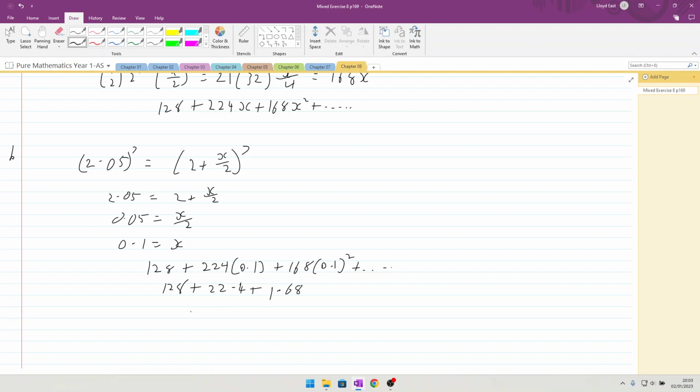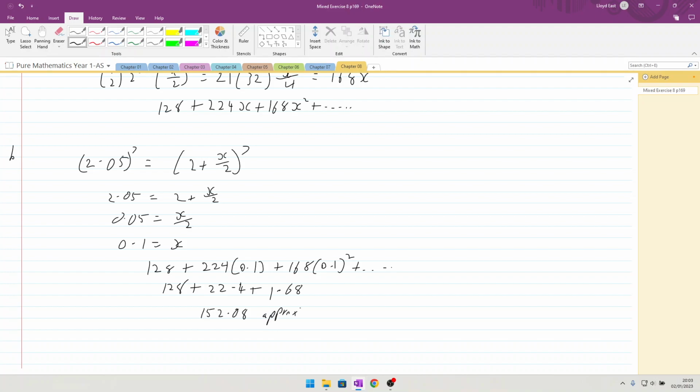When you add all of them together, you're going to get 128 plus 22.4 plus 1.68, which gives you a grand total of 152.08, which is a fairly good